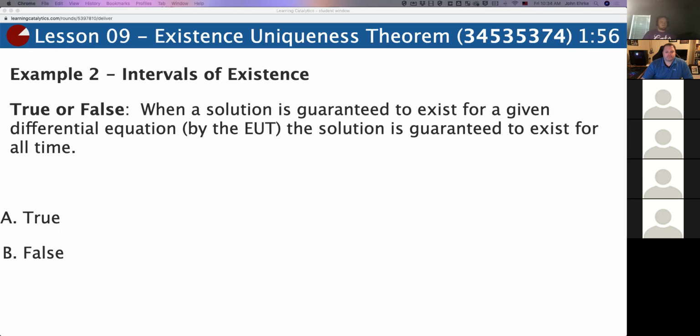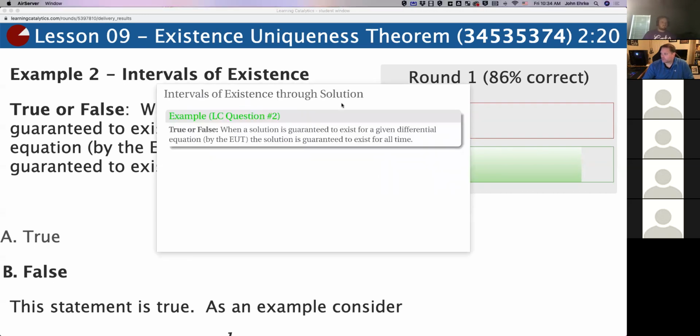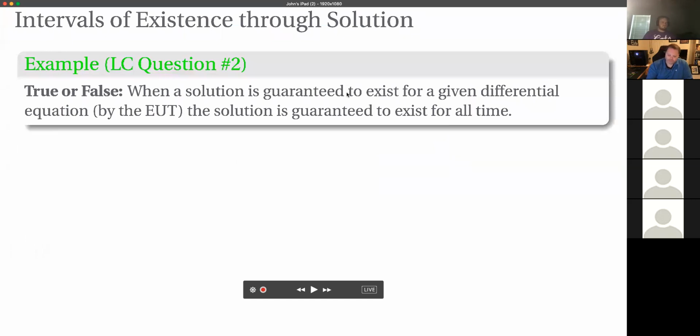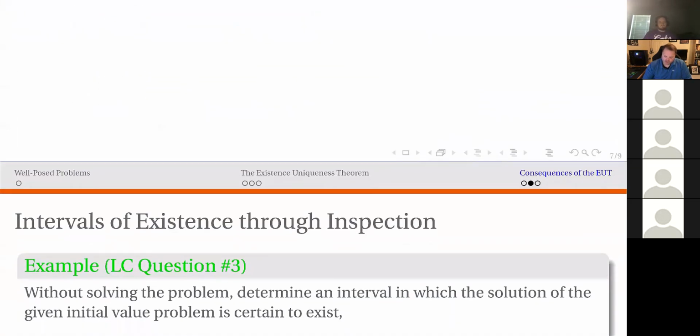All right. The correct answer is that this is false. Just because a solution exists doesn't mean that solution exists for all time. The existence uniqueness theorem says nothing about the interval of existence, simply that there is a solution that exists on some interval. Let's look at an example of where this actually breaks down. So, big false. An example of where this breaks down